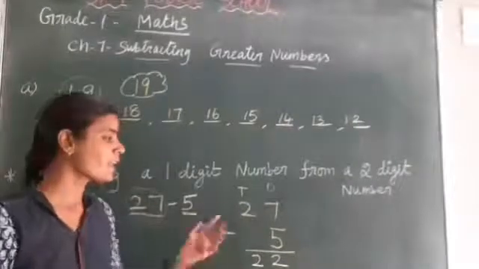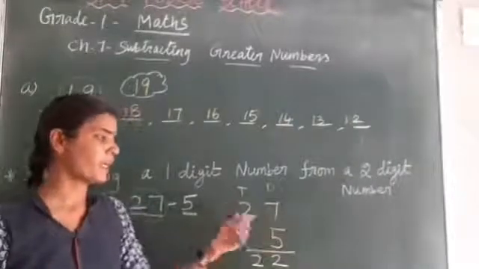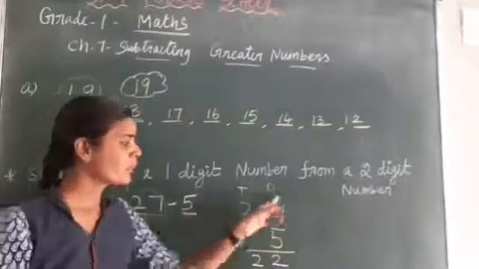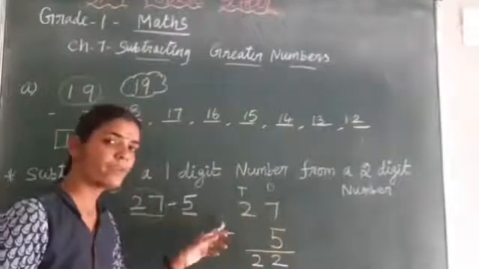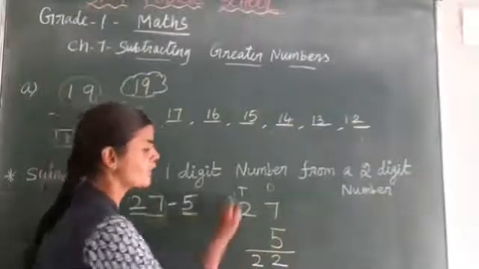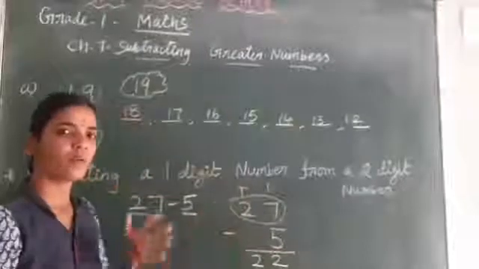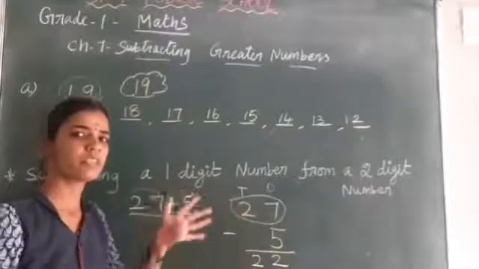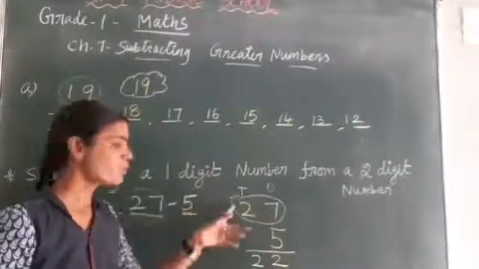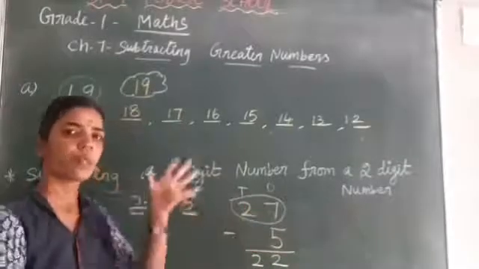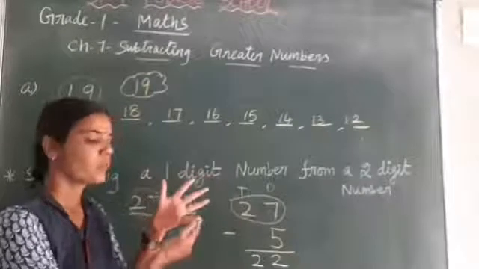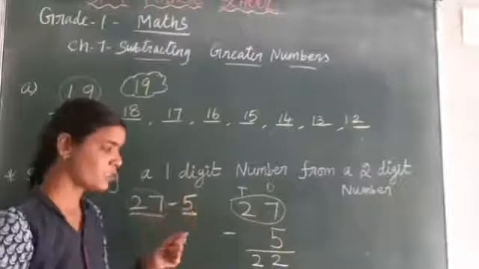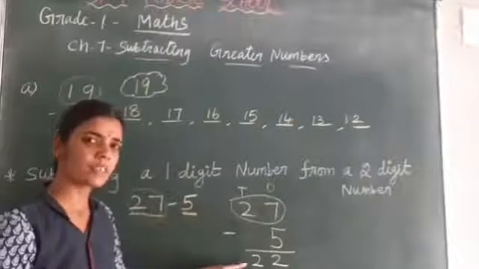If you want to check, I will take the full number and subtract this 5 directly. That means you take 27. Keep it in your mind, this 27. Then open your 5 fingers and move backward step by step, 5 steps. 27 before is 26, 25, 24, 23, 22. 22 is the answer, no? The same answer, so well and good.